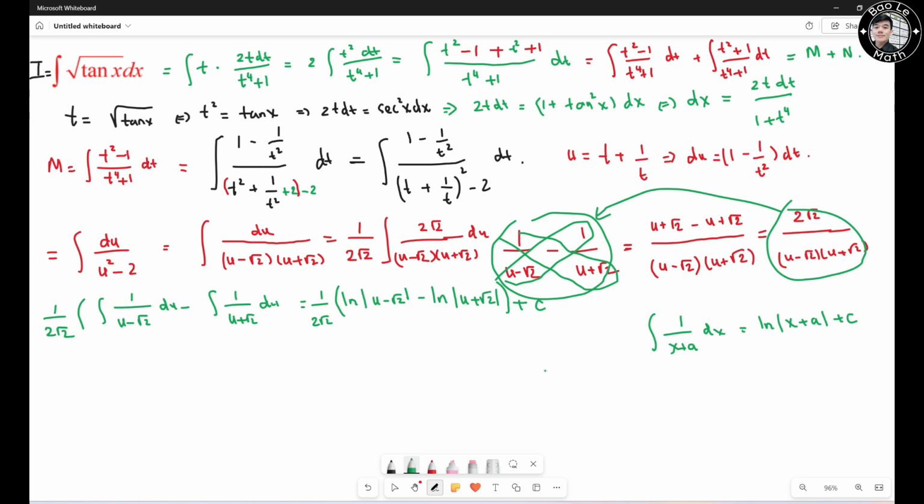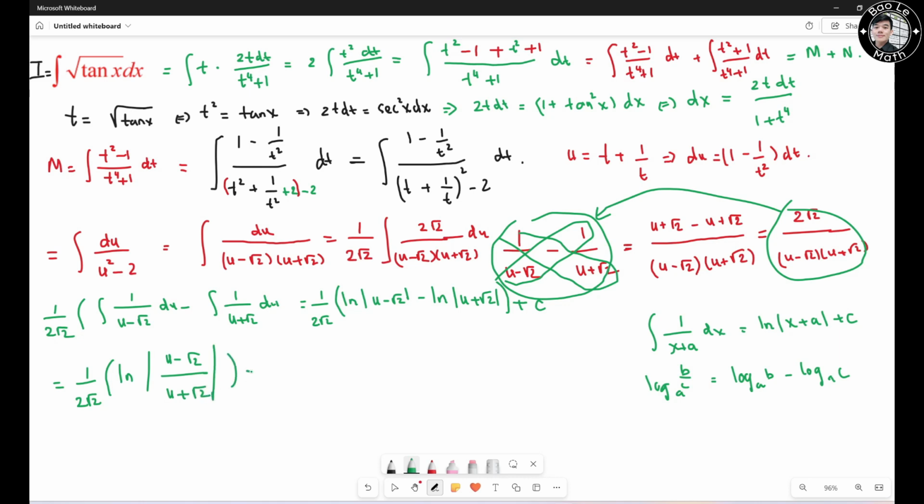Alright, so I'm going to use logarithmic properties. So if I have log base a of b divided by c, then this guy turns out to be subtraction, right? So log base a of b minus log base a of c. Alright, so I apply this formula. So it turns out to be 1 over 2 root 2 times natural log of absolute value of u minus root 2 over u plus root 2